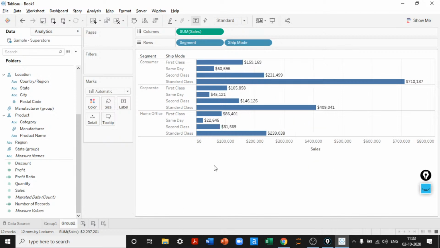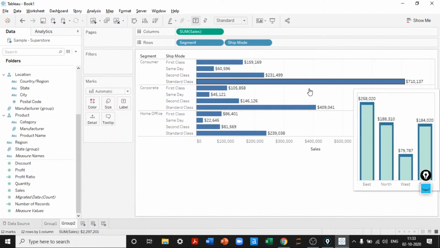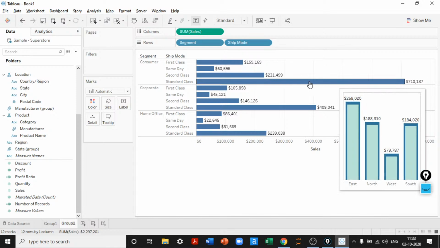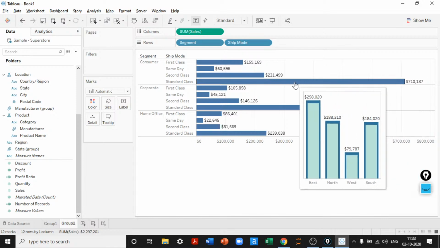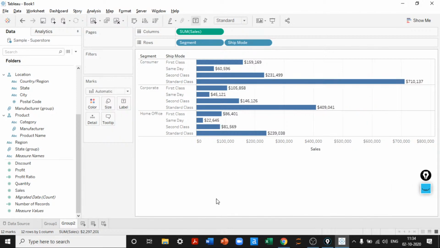If I wanted to know the breakdown of standard class, for the consumer segment we have 7,10,000 as overall sales. By keeping your mouse on it, the data gets automatically filtered and tells you how this $7,10,000 in the standard class has been generated, and from where we generated the most sales. Looks like in the East region we have generated a huge amount of sales in the standard class. So if you don't want to use the grouping options directly, then adding them as a tooltip will add more information for the user. This is how you can indirectly use